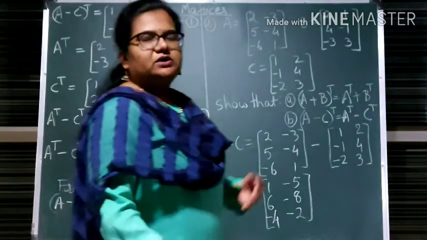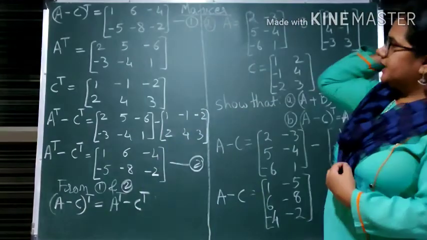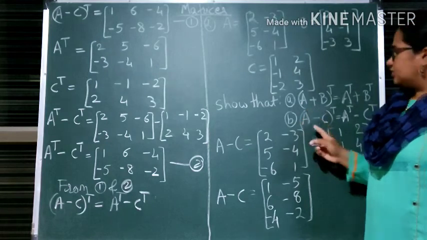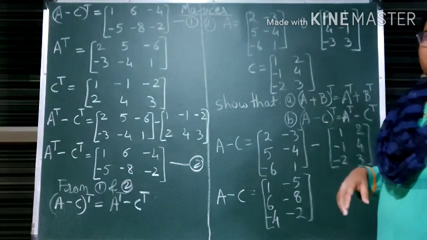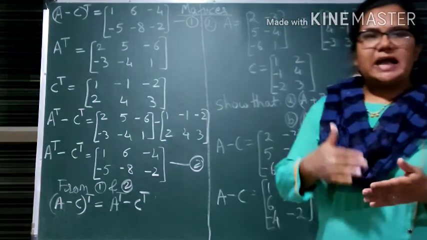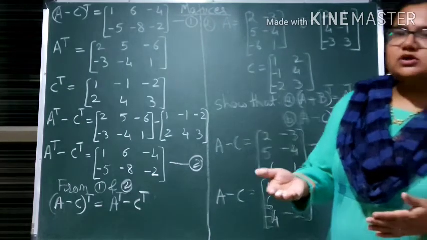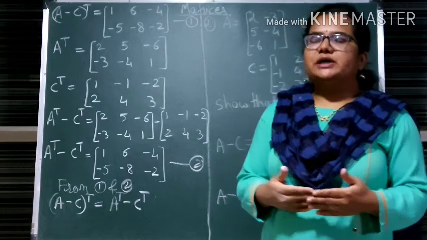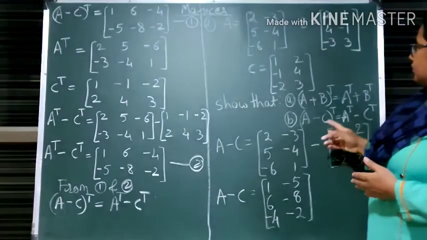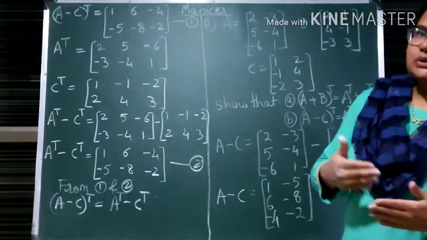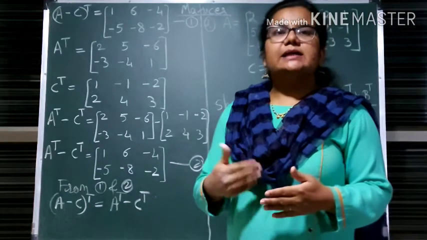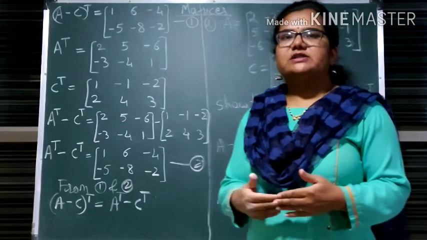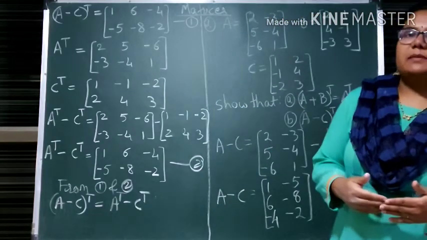Okay, so here you have understood one of your properties, that is, matrix transpose is commutative with addition. Also in this example we have seen it is commutative with subtraction. So whether you do addition first and then take the transpose, or you take the transpose of the matrices first and then do the addition, you are going to get the same answer. Similar follows with subtraction. Whether you do subtraction of matrices first and then take the transpose, or you take the transpose first and then do the subtraction, you are going to get the same answer.